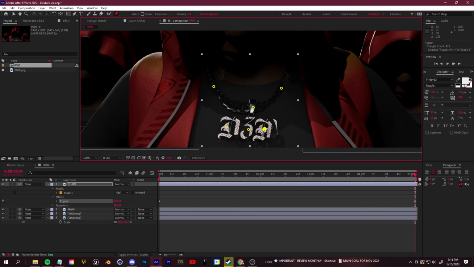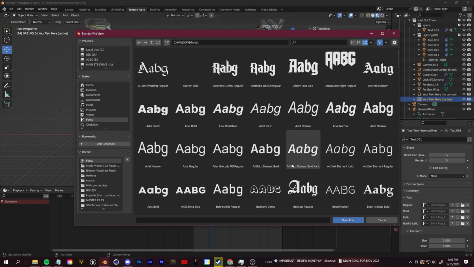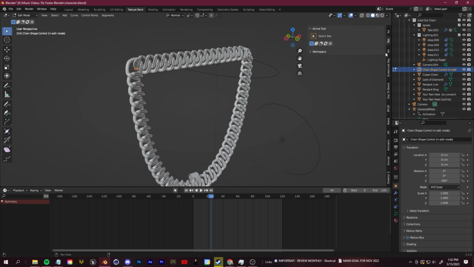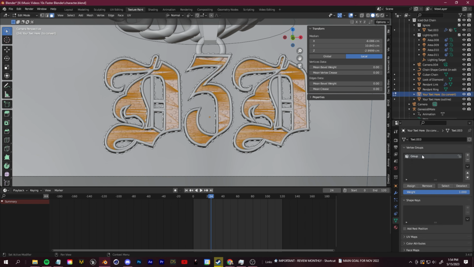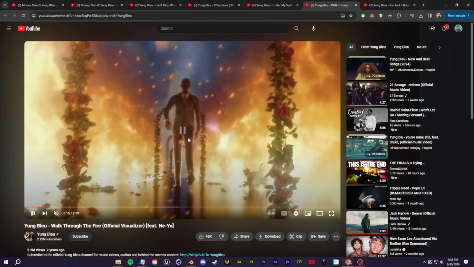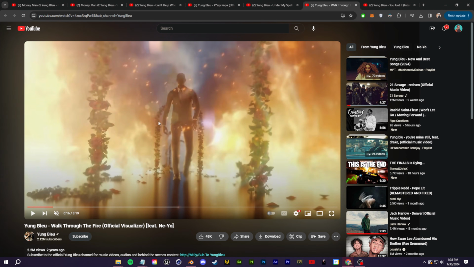For a lot of these props, like the chains, again, I've been trying to make this process easier. I have an entire chain preset where you can design this chain how you want. If you guys want a full length tutorial on any of these little visualizers here, let me know in the comments down below. I'm actually just going to quickly show you how to do something like this, which is extremely